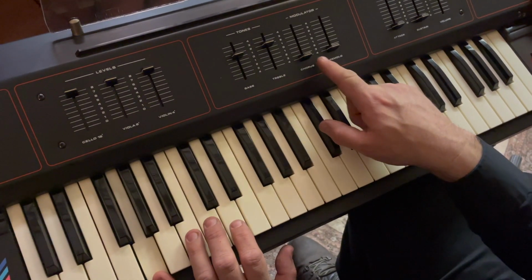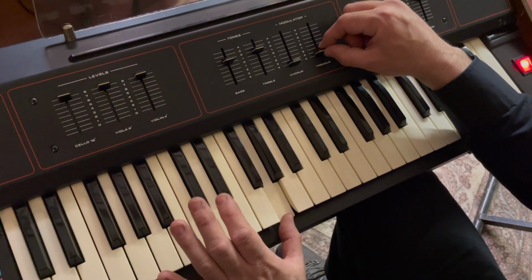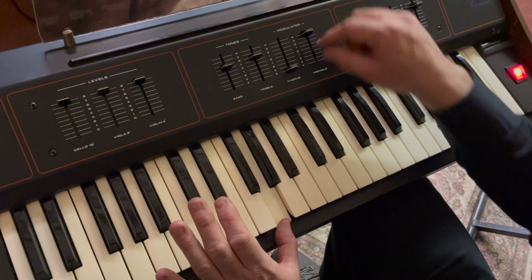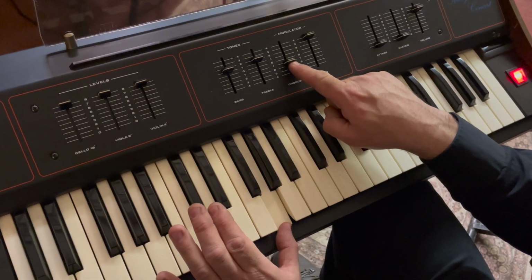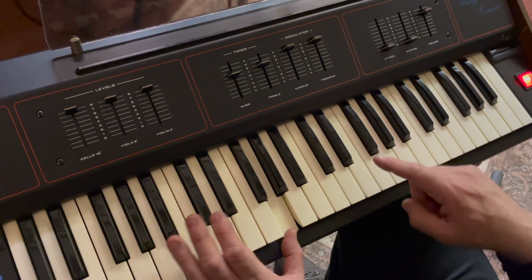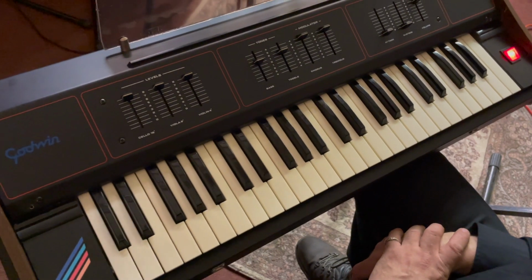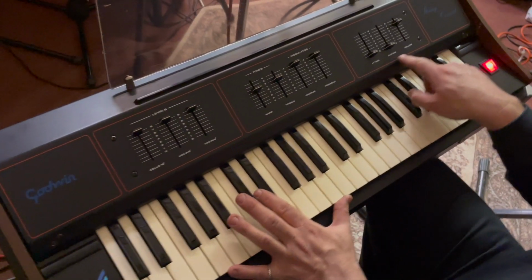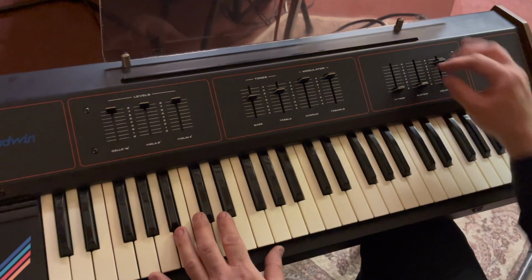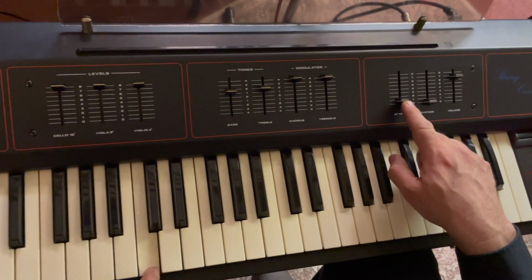And then you've got a chorus effect. So I'll put the tremolo effect on first. And then the chorus. Still just sounds like a synthesizer-y thing, which was quite good. This is where the string sort of sound comes in, because you've got the attack control here. So this changes the envelope of the notes. So you've got...